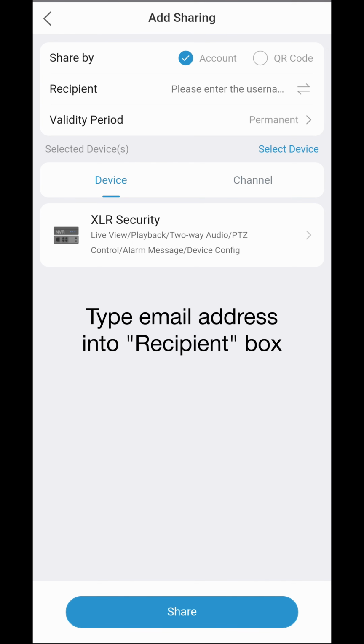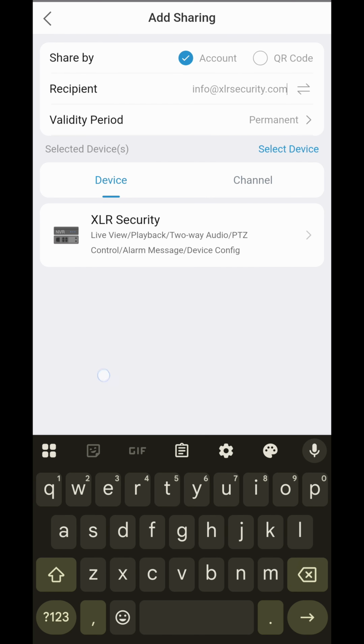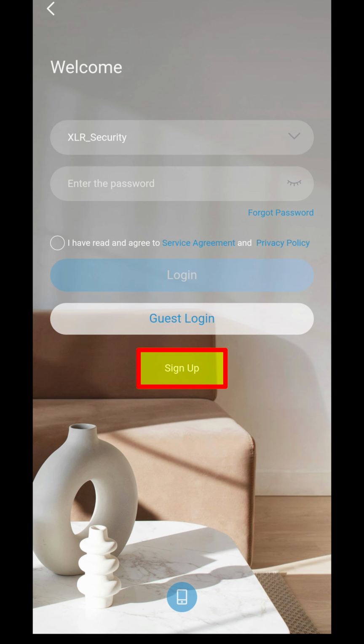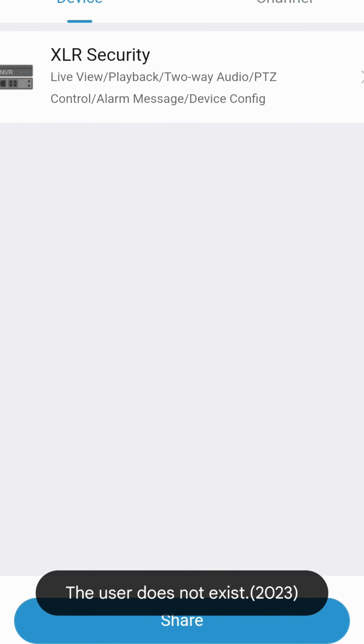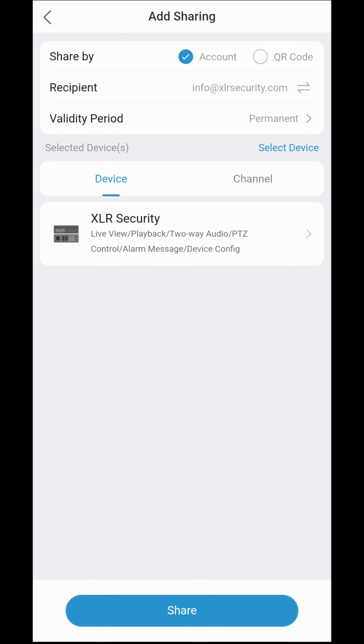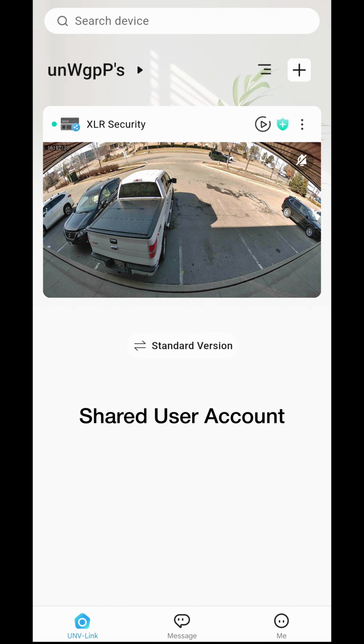You can add a user by typing their email address into this box. Make sure they've already registered for an account on the Uniview-Link app, or you'll get an error message saying the user does not exist. Now tap Share at the bottom, and the other user will immediately have access on their